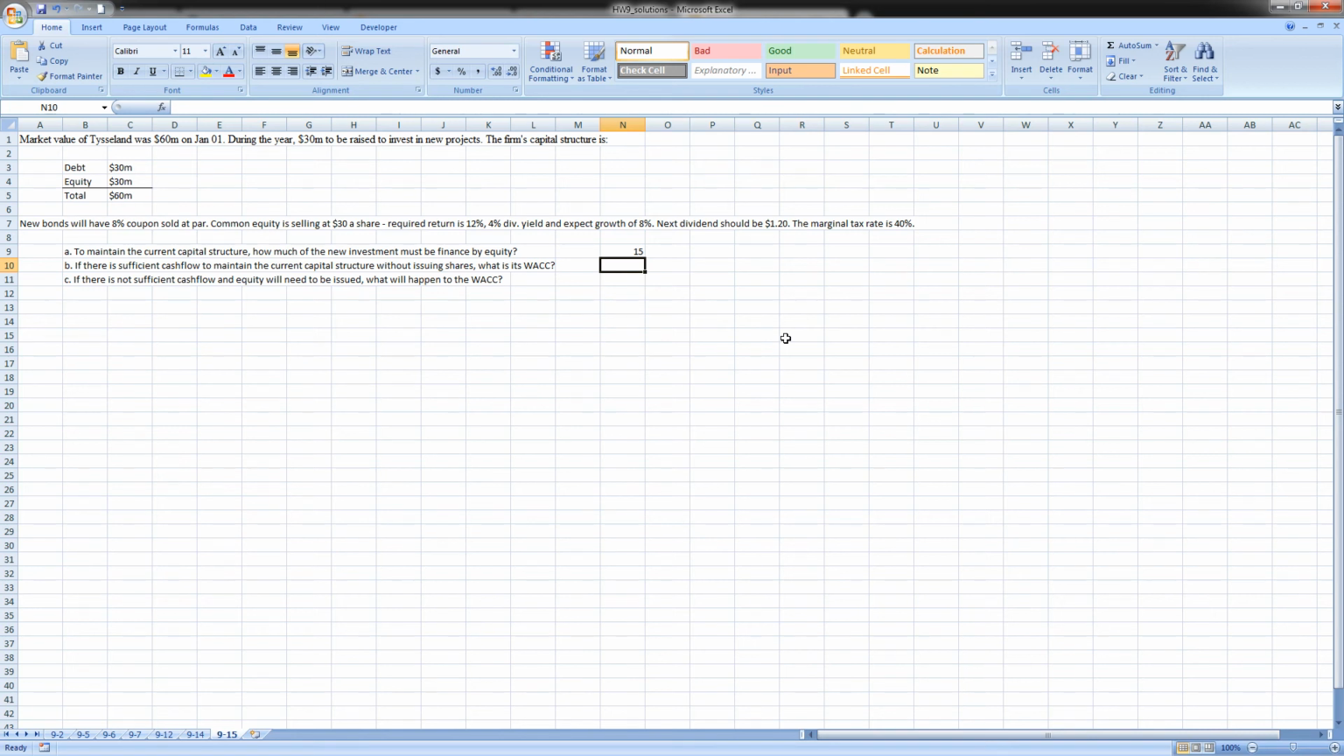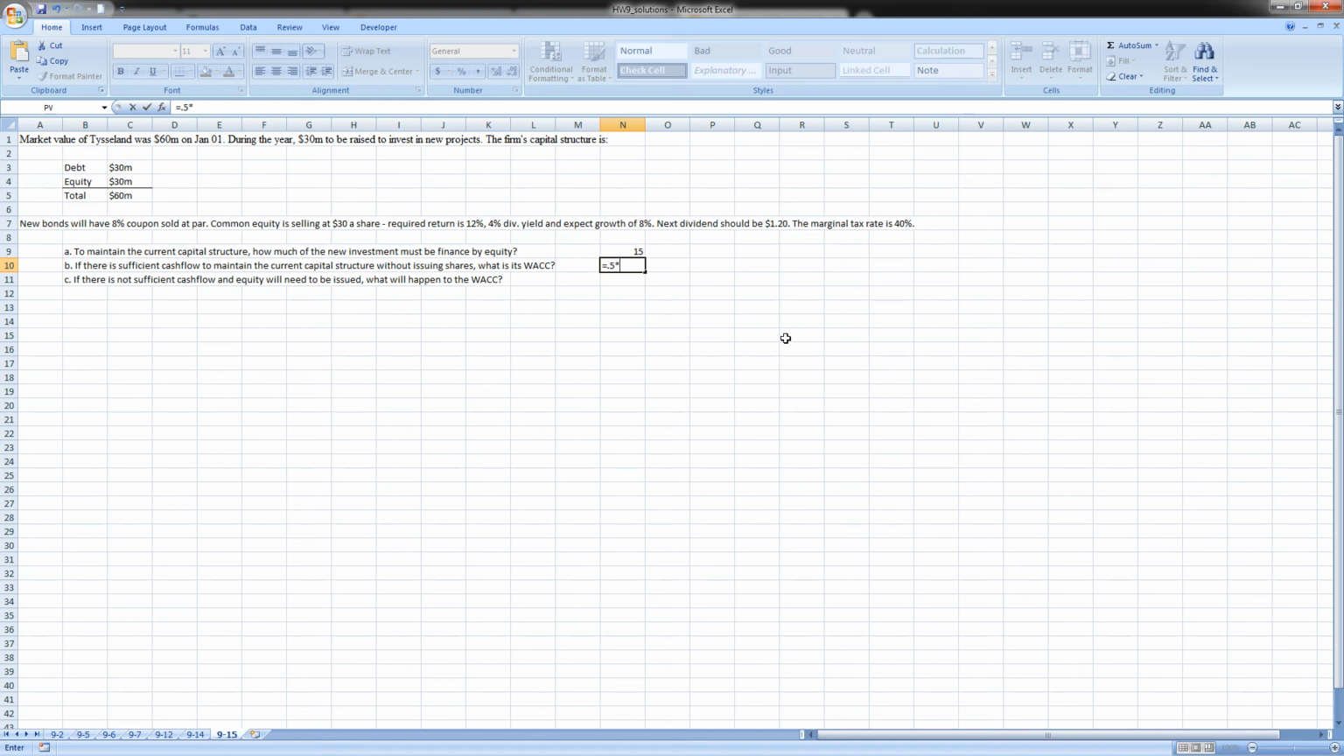In part B, if there is sufficient cash flow to maintain the current capital structure without issuing shares, what is the WACC? So the way to interpret this is there is sufficient cash flow. They don't need to add any new equity or debt. We can just simply say WACC is equal to the weight of equity of 50%